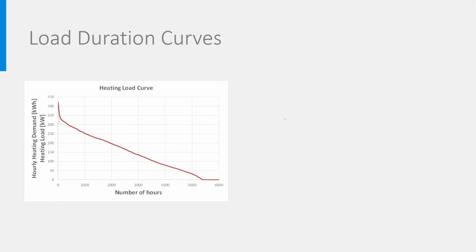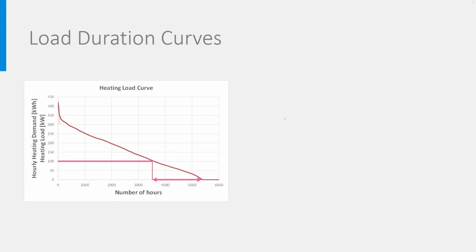How to read such a load curve? I will now zoom a bit in, leaving out the hours without heating or cooling. Let's look at the heating first and take a load of 100 kilowatt. The diagram tells us that during 3,500 hours of the 5,300, that is 66% of the time, the load will be higher than 100 kilowatt. So during 1,808 hours, 44% of the time, the load will be lower.